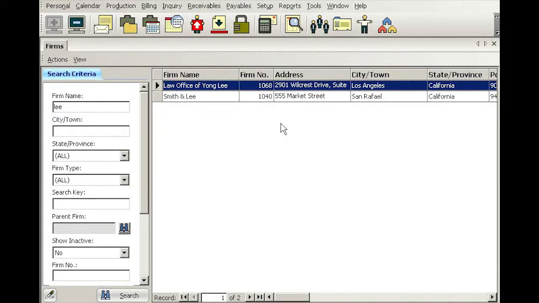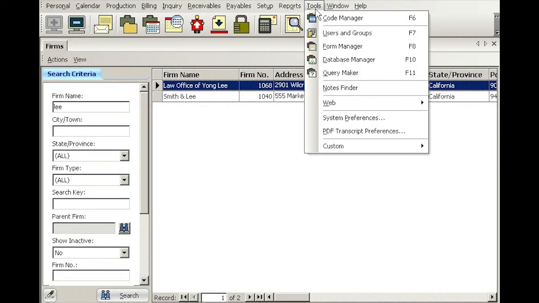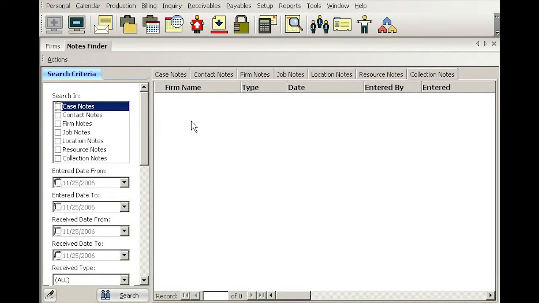So you go to Tools, and there's a function called Notes Finder, and you simply say what area you want the search to take place in. So for example, I definitely want to search the firm notes, and also contact notes, just in case I made a note under each attorney rather than under each firm. So I wasn't really sure, so I can select both, and then go down